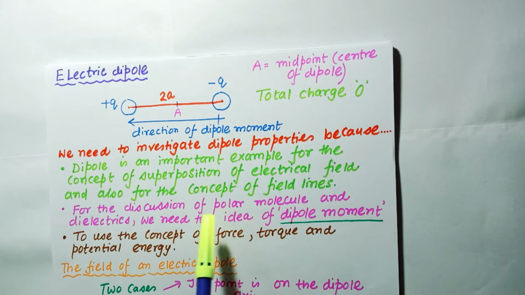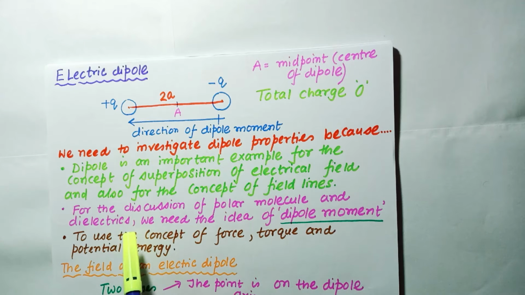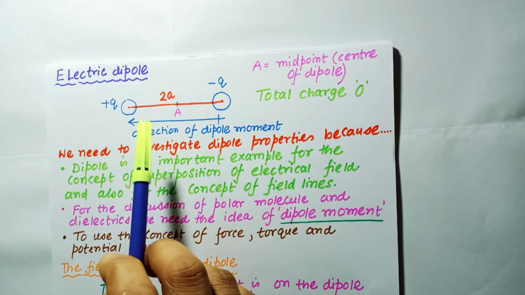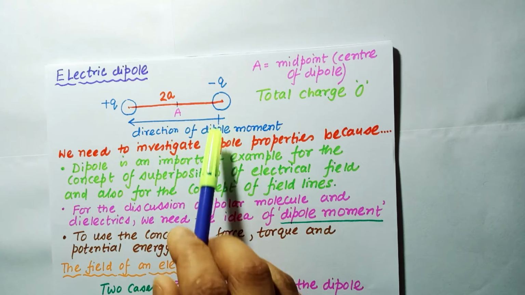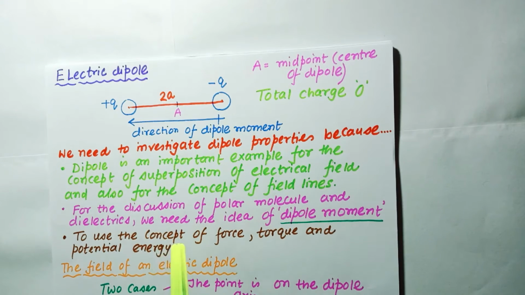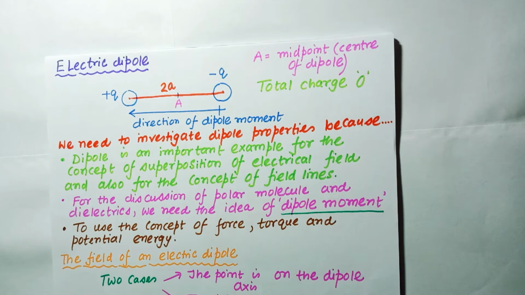Also, for the discussion of polar molecules, later in this video I will discuss what a polar molecule is, and in the field of dielectrics we need the idea of the dipole moment. So what is the dipole moment? It means the charge times the separation between them, and it acts, as you can see from the diagram, from minus q to plus q. And also to use the concept of force, torque and potential energy, we need the concept of the electric dipole. So what we have understood so far is that the total charge of the electric dipole is 0,